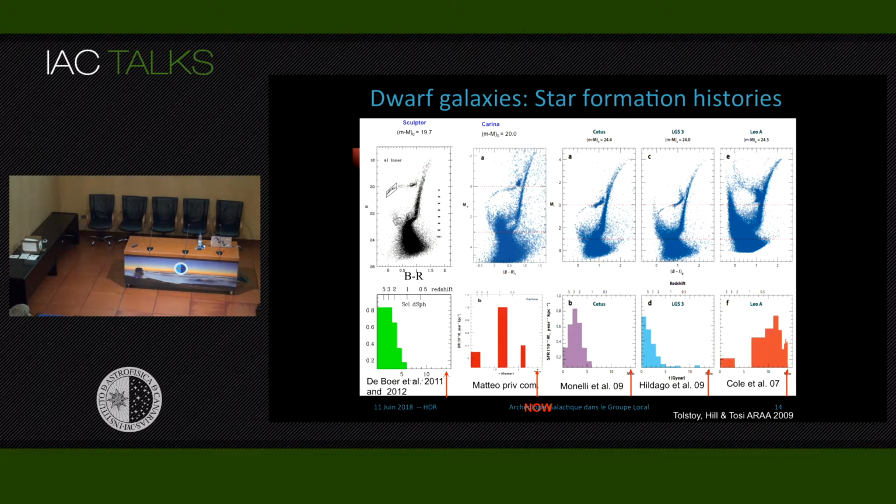Dwarf galaxies around in the local group exhibit an amazingly large variety of characteristics when you look at the color magnitude diagram that give you an idea of the star formation histories in these galaxies. And you see here each time the HR diagram and the corresponding star formation history. And in this instance,